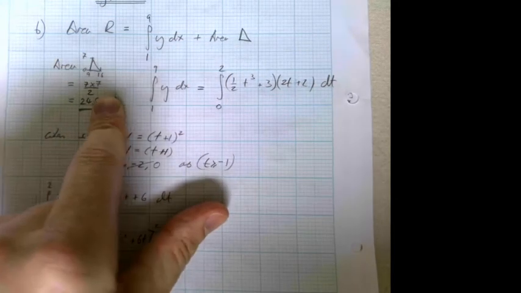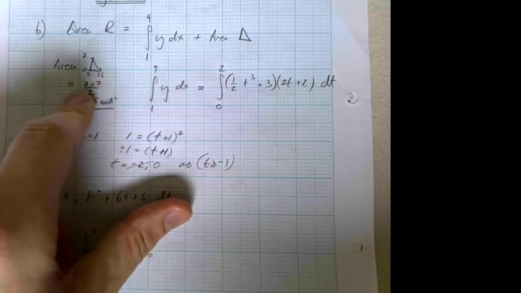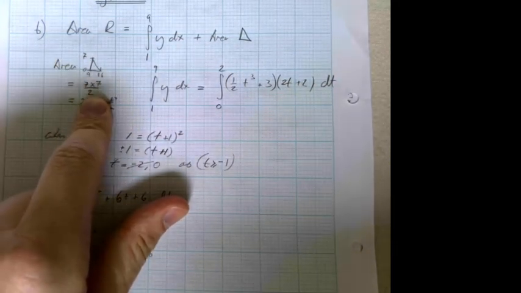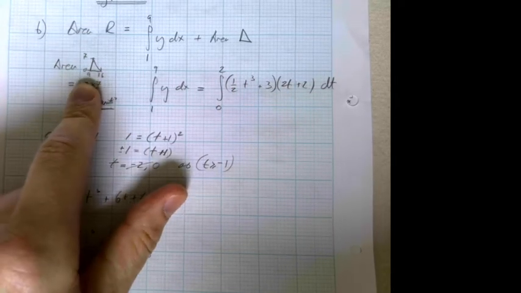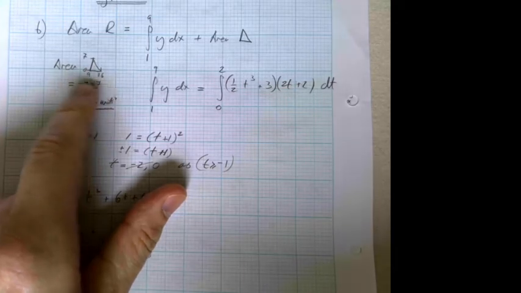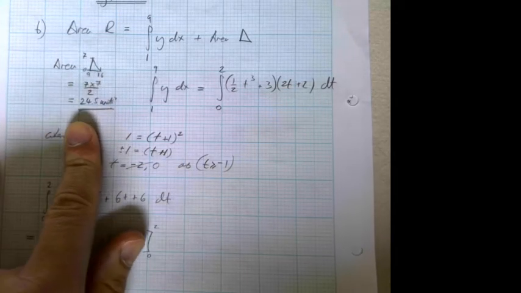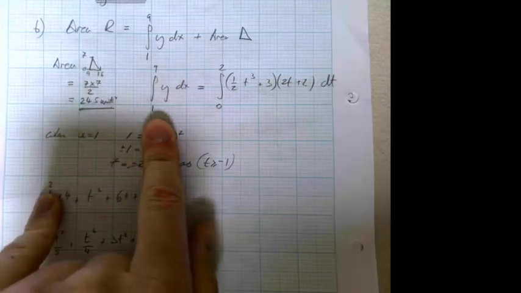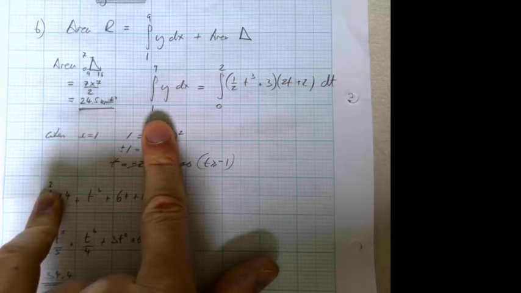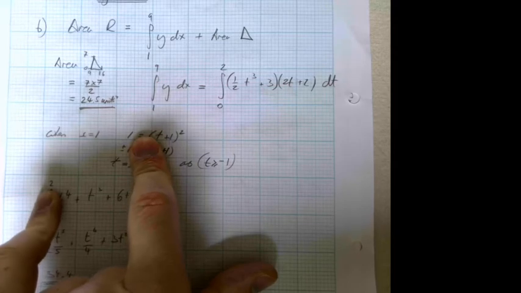So the area of the triangle is relatively simple, it's a half base times height. We can know from the coordinates that the height was 7 and the base was actually the difference between 9 and 16, so that was 7 as well as it happens. So the area of that triangle is 24.5 units squared. Then the area underneath the curve between x equals 1 and x equals 9,